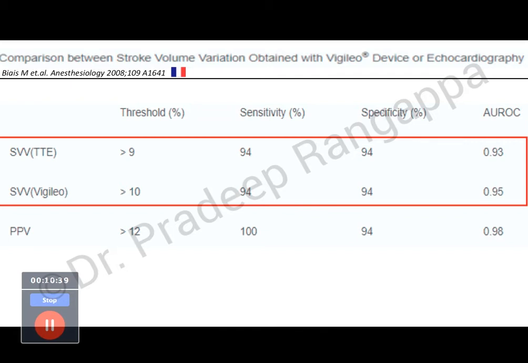So these studies compared stroke volume measured by echo, which means they took LVOT-VTI and cross-sectional area. There is no study which has compared stroke volume variation with LVOT-VTI, which is only one component of stroke volume. So this is my argument that it cannot be superior to stroke volume variation; you have to measure stroke volume by echo. So taking only LVOT-VTI, we cannot necessarily say that it is superior to SVV measured by cardiac output